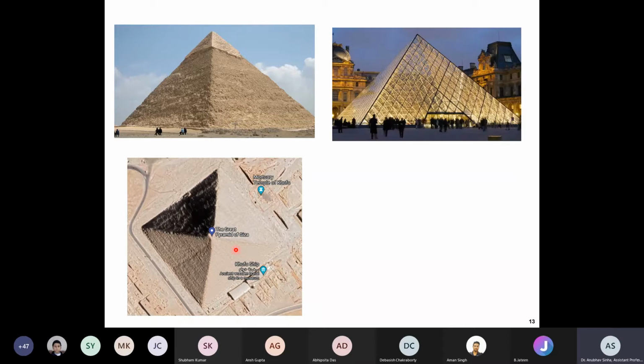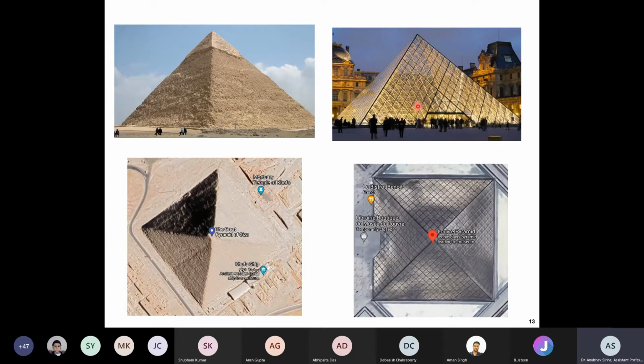For that, let us take another example. This is another pyramid-shaped object, made of glass. We are also looking at the front view, but it has some other orientation. Now if you look at the top view, can you see the difference in the top view of these two pyramids? Can anyone tell me what the difference is, or why it is different, or is it the same? Anyone? Does it look the same or different?